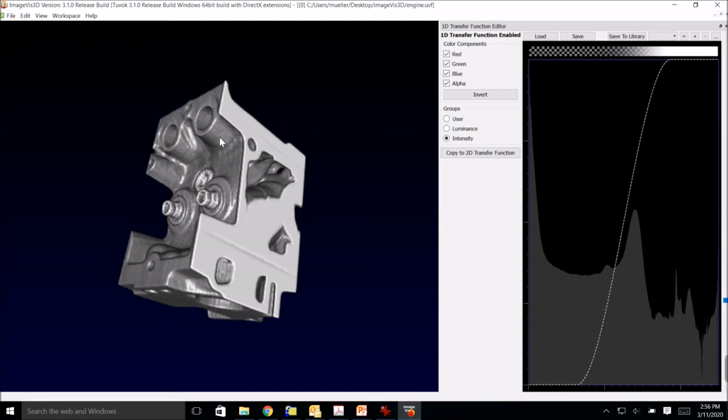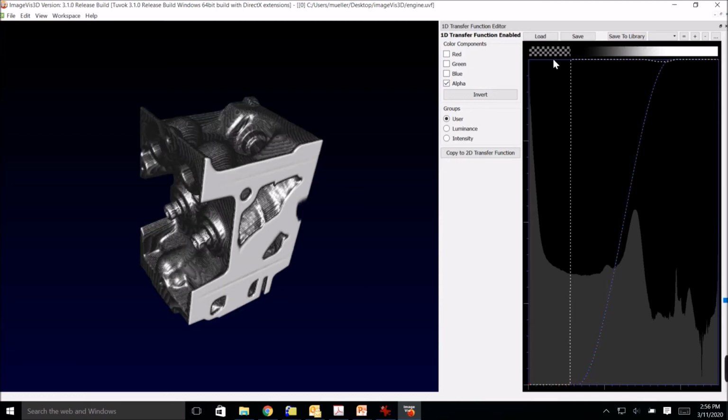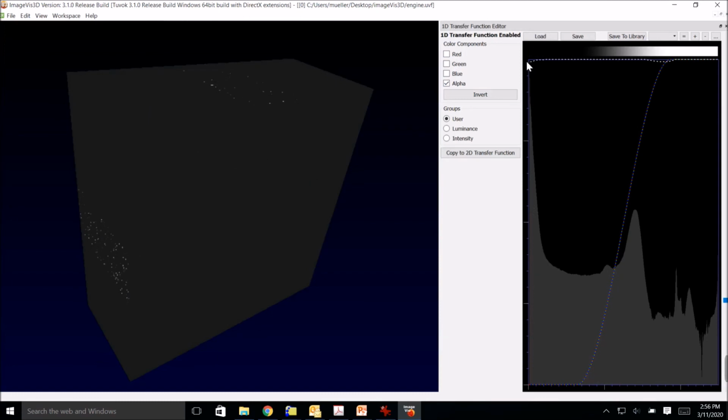Let me tell you a little bit about the sequence of this. Basically here you have the red, green, blue, alpha channels. Let's first select the alpha channel. This curve is the histogram. You can see there's a lot of air there. Here's something there and something else here. Who knows what it is? If you take the alpha transfer function all the way out here,